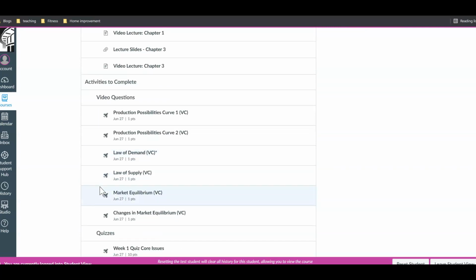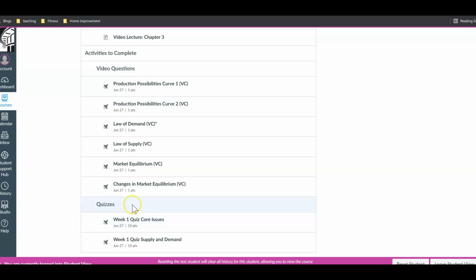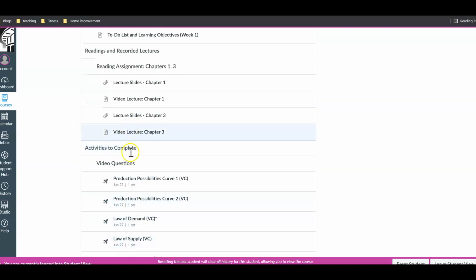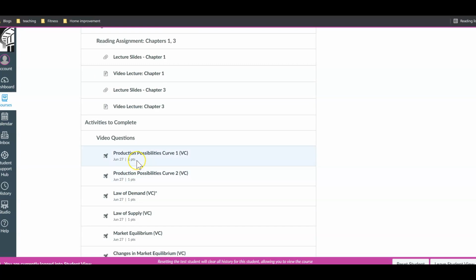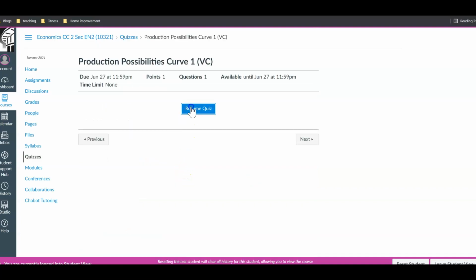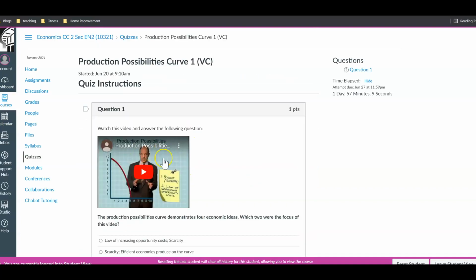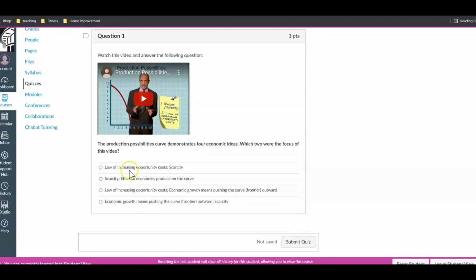And all of the assignments are basically one of 3 varieties. They're either video questions, as you see right here, a discussion thread, which is not every week, but there are several discussion threads, and a quiz that covers the readings. So the video questions are very simple. It's just a 1-question quiz on the video. So if you click on it, you'll see here there's a video to watch, and you just have to answer 1 question on this video. Very simple.